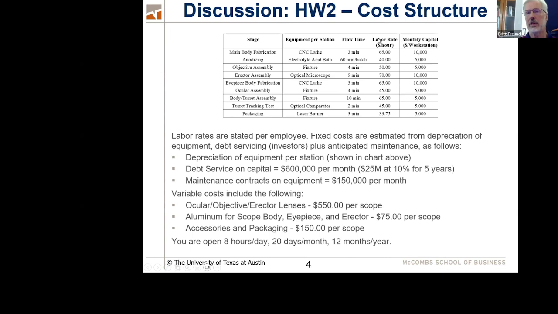So the first thing is I'll give you some labor information. The second thing I'll give you is possibly some capital information per cubicle, okay? And then I may also give you debt service information or other kinds of information that we have to pay. Our objective when we're looking for fixed cost is to understand, what does it cost me to have my doors open for that period of time? Regardless of whether I see any customers or not, what does it cost me just to have my doors open?